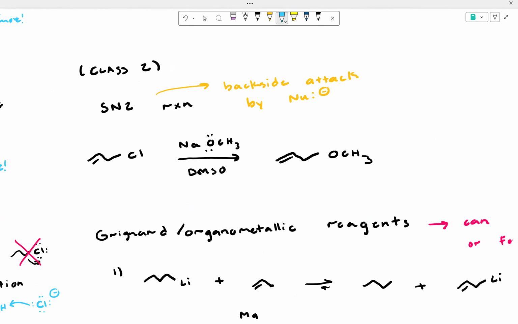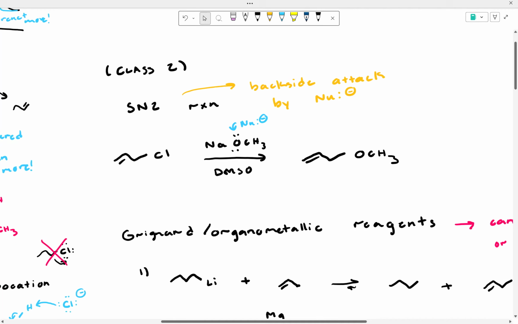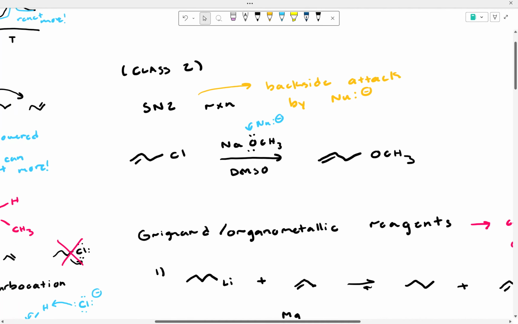In this case, it would be our NaOCH3, where the oxygen would be the main nucleophilic atom, and then we look at our allylic carbon molecule, and our allylic carbon would actually be the electrophilic molecule